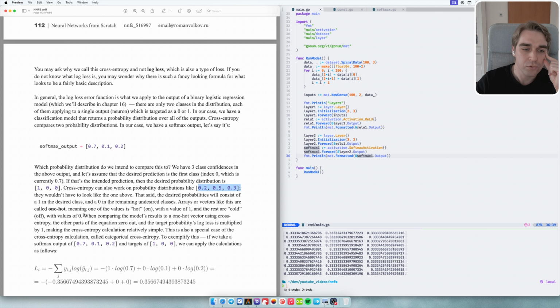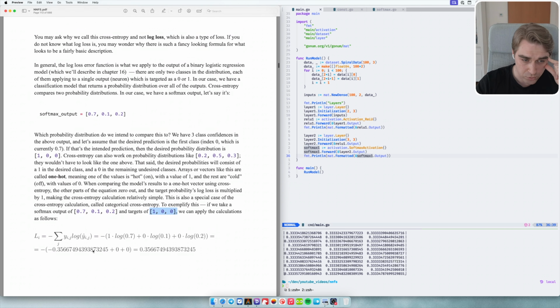When comparing the model's result to a one-hot vector using cross entropy, the other parts of the equation zero out, and the target probability log loss is multiplied by 1, making the cross entropy calculation relatively simple. This is also a special case of the cross entropy calculation called categorical cross entropy loss. To exemplify this, if we take a softmax output of this and a target of this, we can apply the calculation as follows. Okay, so we have the target, we have the prediction,